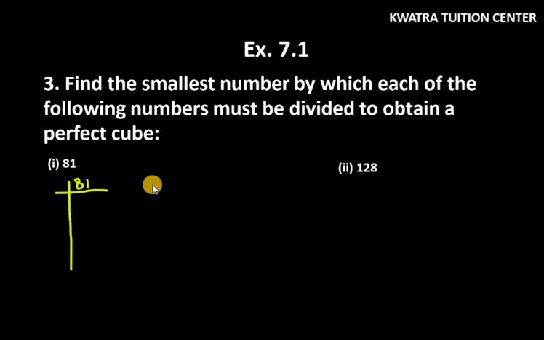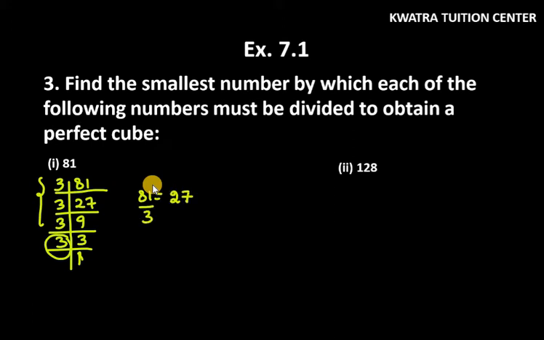So 81 is divisible with 3. Then you get 27, 27 with 3 again. So you get 9, 9 with 3 again. So 3 and 1 at the end. तो यहाँ पे 3 के फैक्टर्स बन रहे हैं, ट्रिपलेट बन गया. यहाँ पे अकेला कौन है, 3 है. So इसका मतलब we have to divide 81 with 3 ताकि we get a perfect cube.